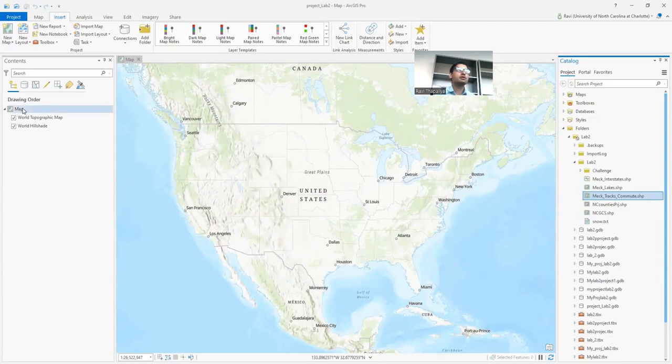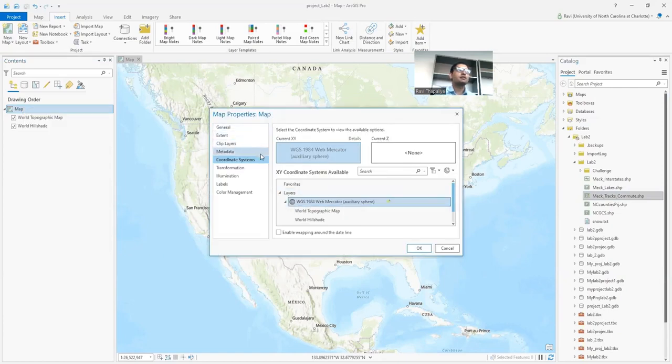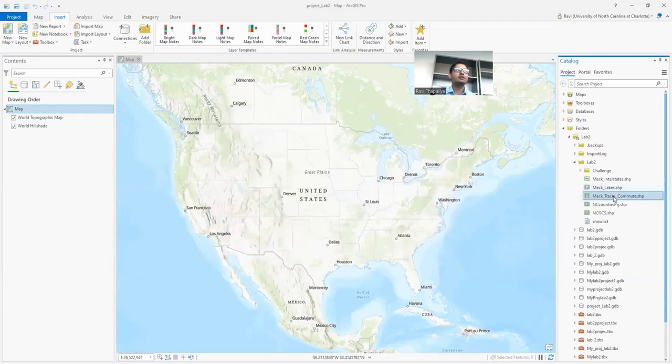To observe the coordinate systems of the map, you can go to the properties for the map, and then you can see that the coordinate system is WGS 1984 Web Mercator in this case. You can add various shapefiles to note down the differences in the coordinate system after you add. For instance, you can add the tracks commute shapefile,